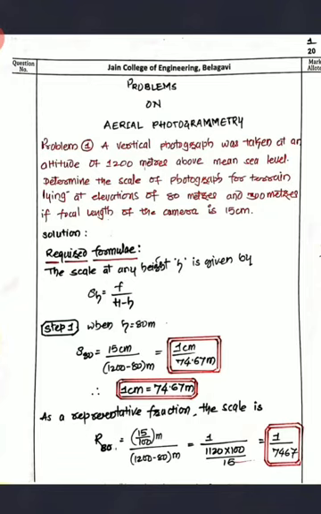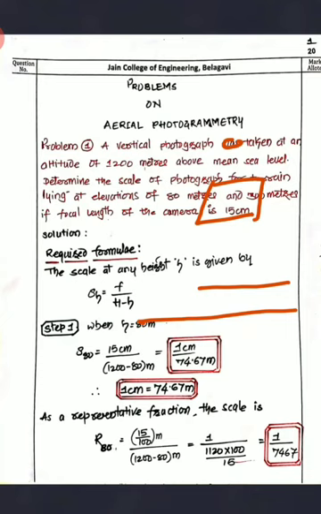Now if you observe the problem, what it says is that they have given the height of the exposure station from the datum. I'll show you what that is. If you take a datum, this is the datum, this is the ground, and you'll have a photograph here, and then you'll have a camera point O. Now this height from exposure station O to the datum, that we call capital H, and the ground elevation from the datum, that we call small h. So these things they have given.